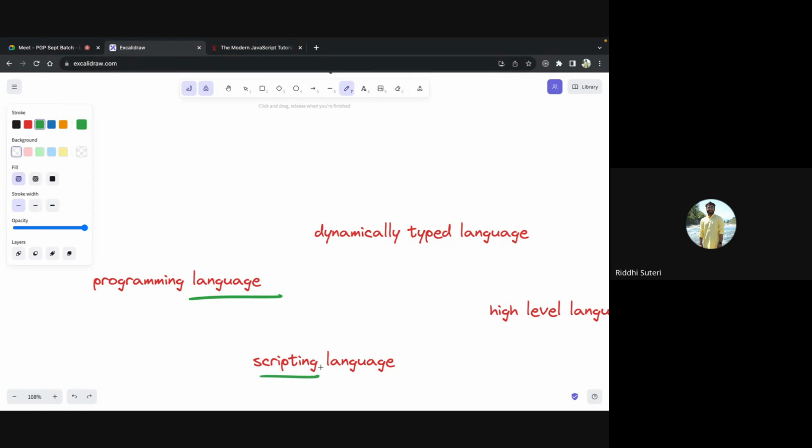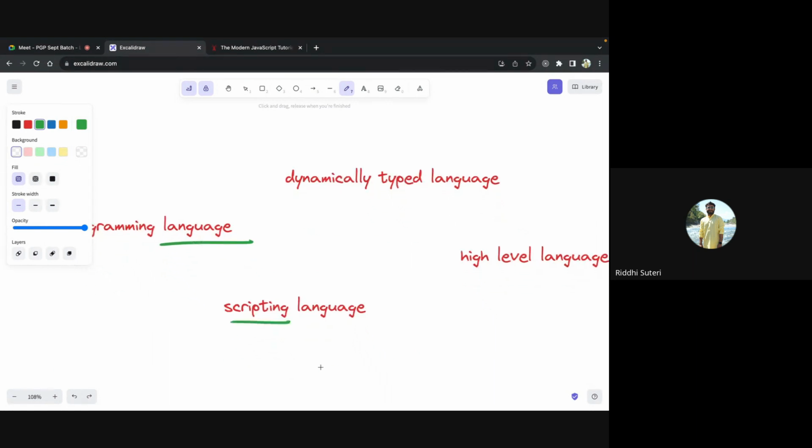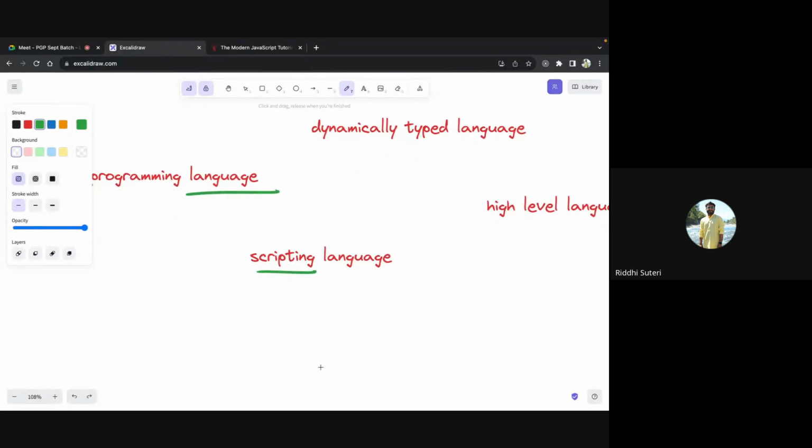Second thing which I mentioned here is a scripting language. By scripting language, I mean that you have created content, or there is already created content using HTML or maybe CSS, and you want to change that, you want to manipulate that. If you are capable of doing that, then that language is called a scripting language. And since with JavaScript you can manipulate the content of your HTML, CSS, etc., it is considered a scripting language also. Scripting because you can move around the content, edit and manipulate it.